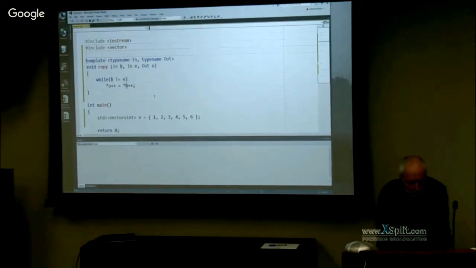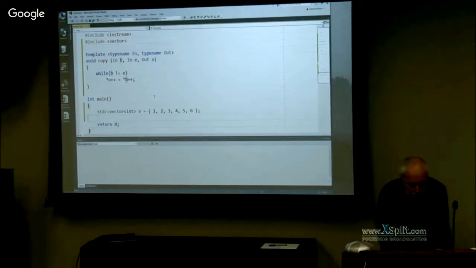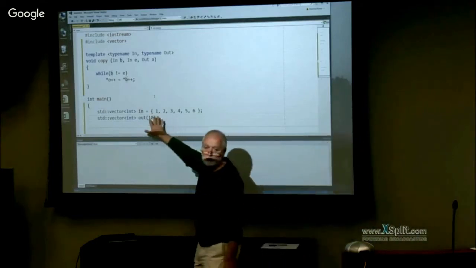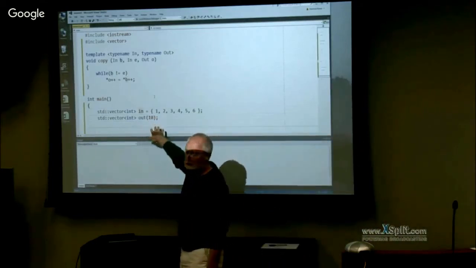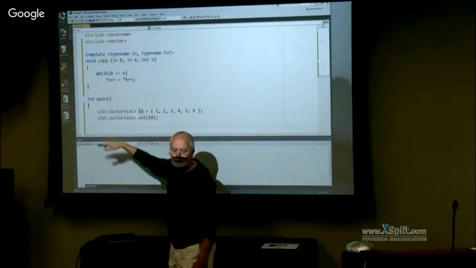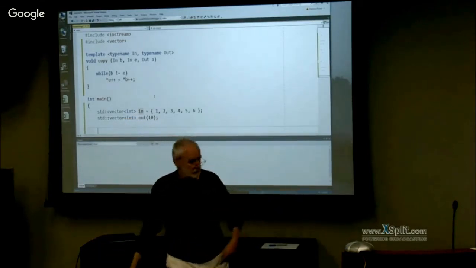And I define another vector where I want to put that stuff in. And for simplicity, let's call them in and out. Let's say that that vector has space for 10 elements. I'll explain that in a bit.